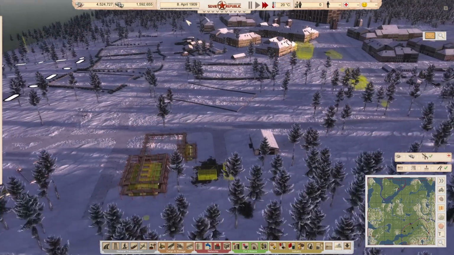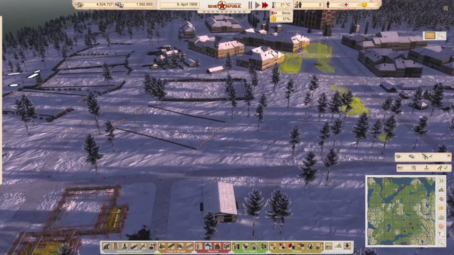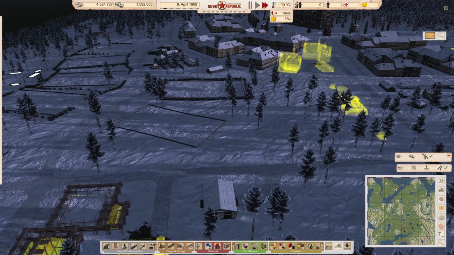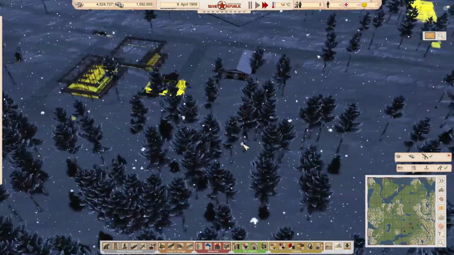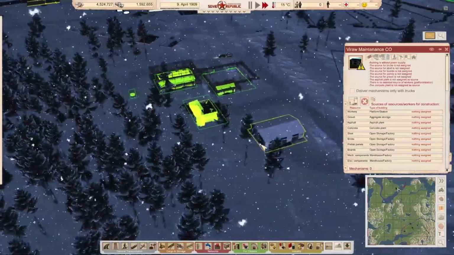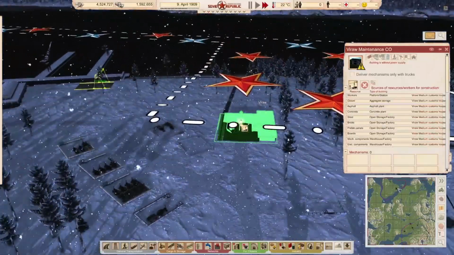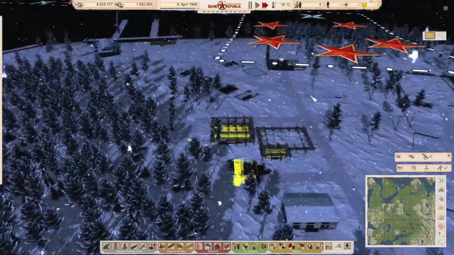Okay, welcome back. It's now on the 8th of April. Now I'm getting some inconsistencies here with the temperature, because we're getting 21 degrees Celsius in April with snow still on the ground. But as you'll see here, we've actually got our maintenance crew here. So we've finished our first building here. And what I want to do is